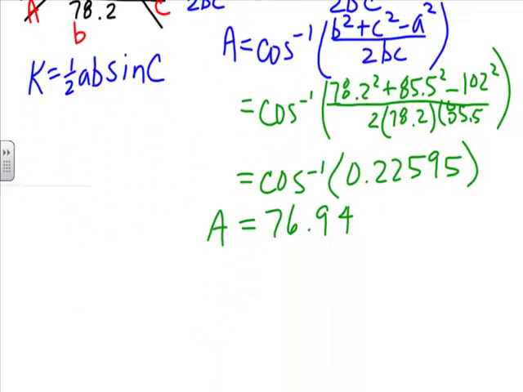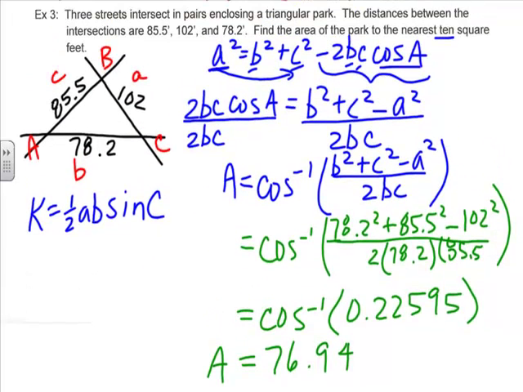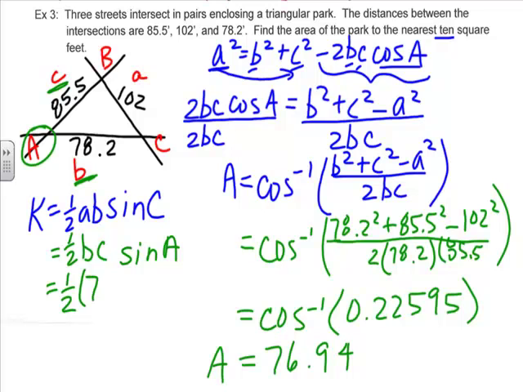In this case, since I figured out what angle A is, I don't feel like relabeling my diagram. I am just going to change this equation to work for the angle that I know. I know angle A, so that would be sine A, and that means in this position I need B and C. If you notice, really what's going on here to find this area is that I have B and I have C, and then it's the included angle, and that's going to happen whichever angles or sides we use. So now I'm just going to plug some numbers in. So 1/2, and when I'm all nice and labeled up neat, I can easily just plug in, times the C, which is 85.5,